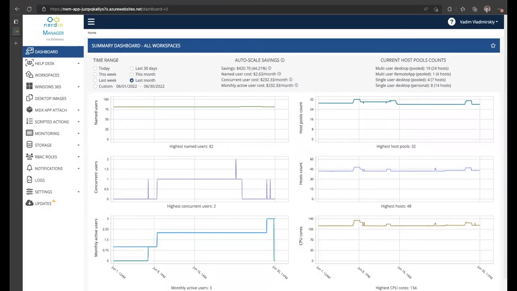In this video, we will talk about a new feature that's available in Nerdio Manager for Enterprise, starting with version 4.2, called Personal Host Pool Auto Grow. The concept behind Personal Host Pool Auto Grow is to allow you to dynamically expand the size of a personal desktop host pool, which will add desktop VMs whenever the number of available VMs, meaning those that are not assigned